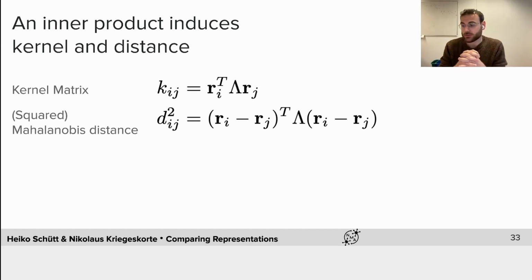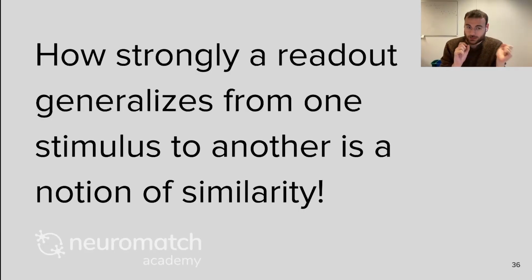So with this, we have now created similarity and dissimilarity matrices based on the linear readout, and they characterize the generalization. So how strongly a readout generalizes from one stimulus to another is a notion of similarity, making this a great